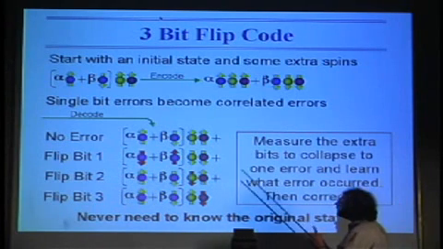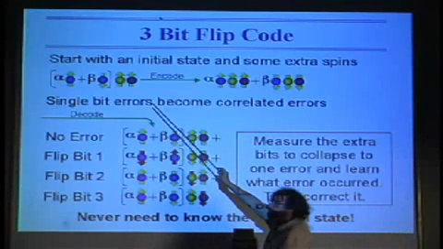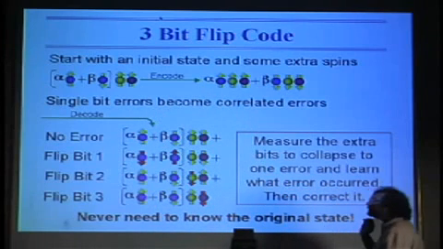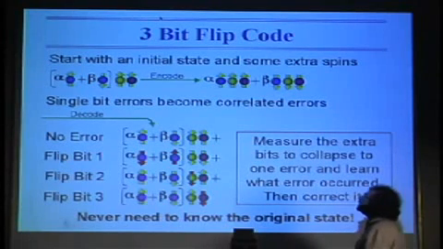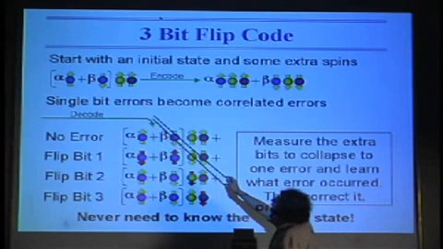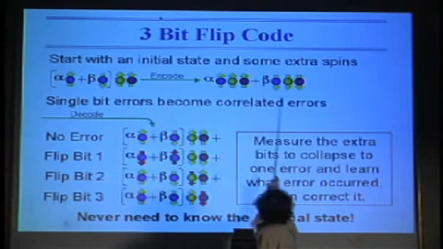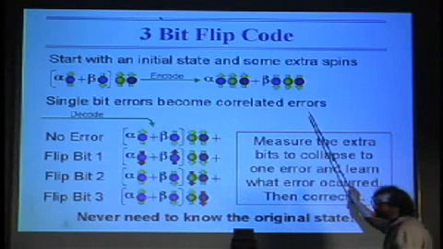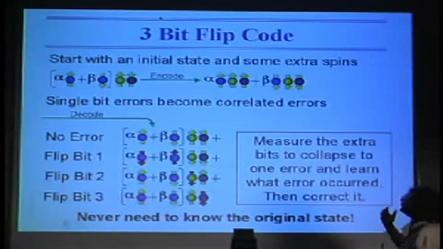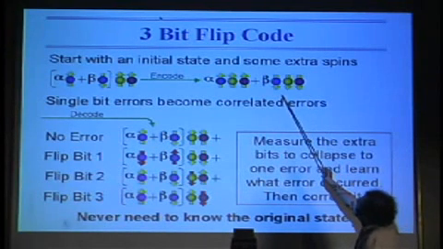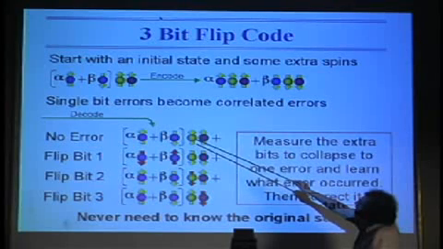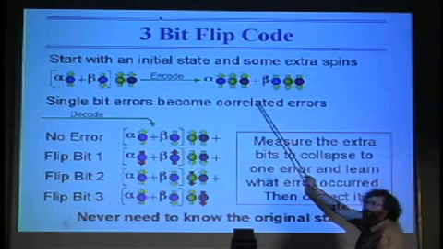So now I at least have enough space to code all the information. So we start off with having our unknown state, two additional spins in known states. The coding is to conditionally rotate the ancilla based upon the state of the unknown spin, or the unknown state of the spin of interest. And so we go from this product state to this entangled state. We now allow decoherence to occur. And under this decoherence, either one of these spins will flip or no spins will flip. We then decode the system with exactly the same correlating process we used to encode it.